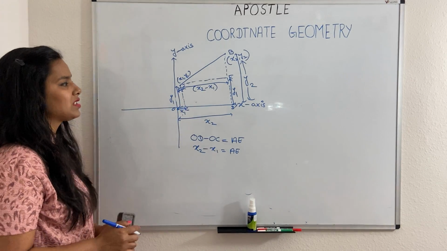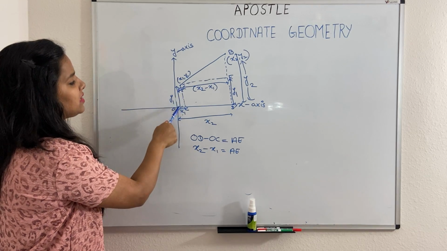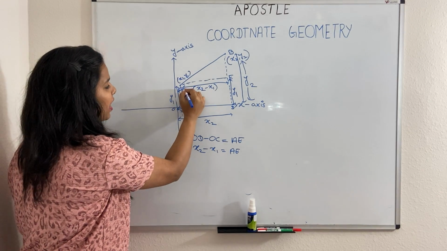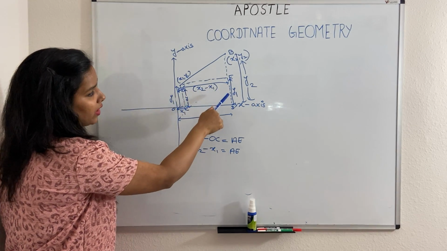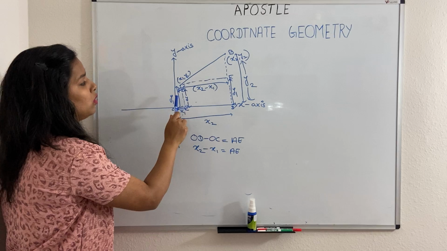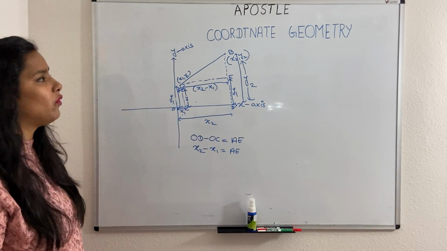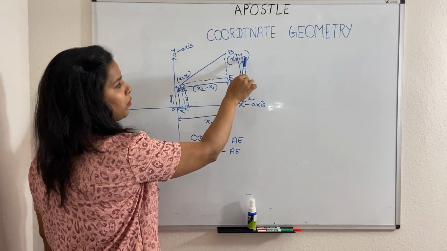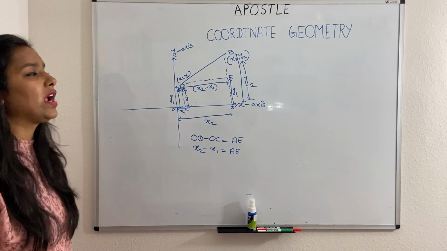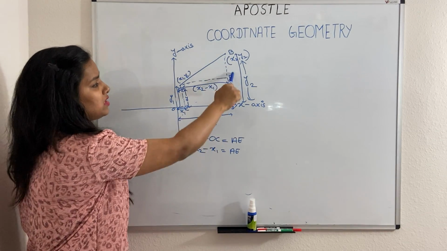Now we move towards the y-axis. So this point AC is what? This point AC is y1. So this is a kind of rectangle. So this is y1, and the side in front of this is AD. So this AD is also y1, and BD is y2, because the coordinate of point B on the y-axis is y2. So BD is y2. Now we have to calculate the distance BE.